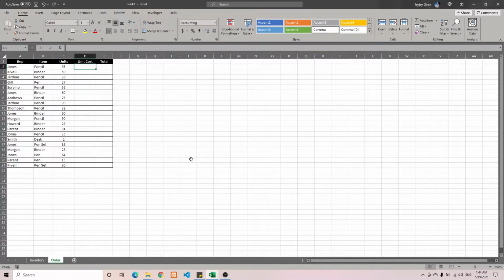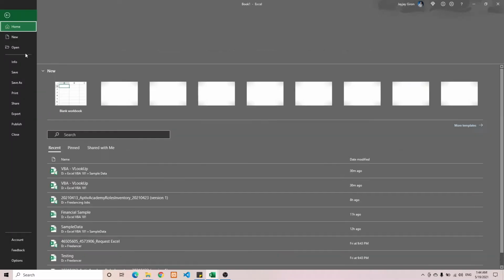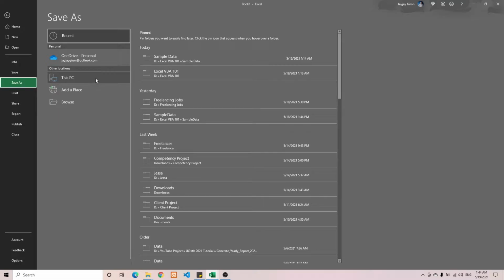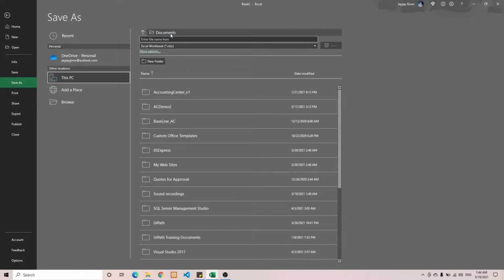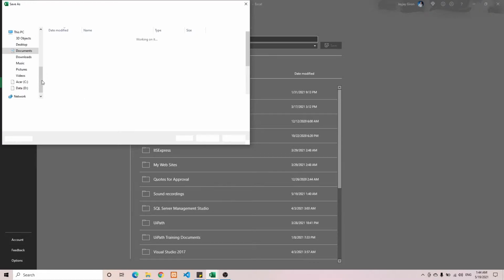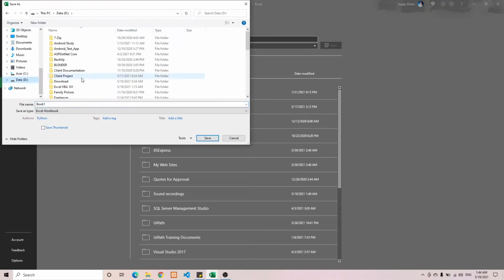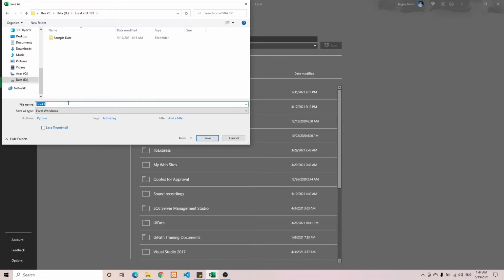So to get started, let's save our workbook first as macro enabled. To do that, you just need to click File and Save As, and then look for a folder where you would like to save this file. I will save that to my other drive and store it in here. Now we can name this file. I will name it 001 because this is my first